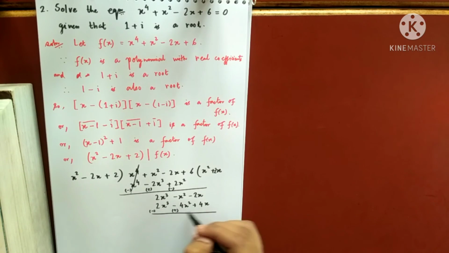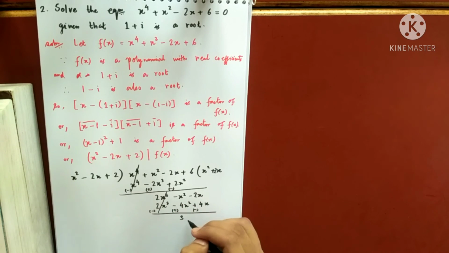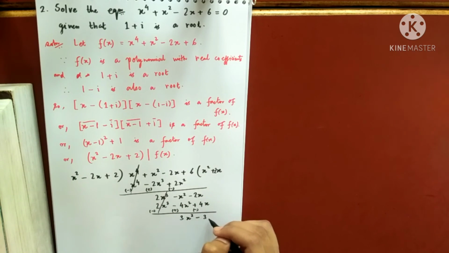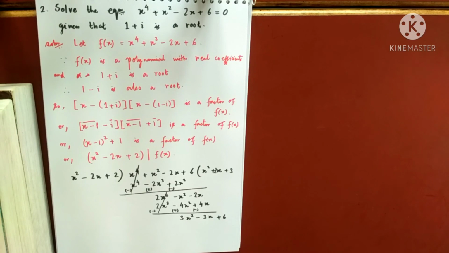Minus plus minus. We get 3x square minus 3x and plus 6. If I take 3, it gets cancelled, right? So 3x square minus 3x plus 6